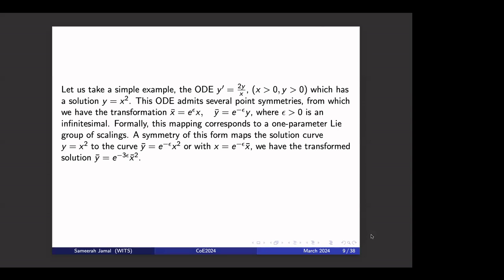So basically just applying the transformation, if you plug in for y and replace with y bar, you would obtain this expression over here. Similarly, you could complete the transformation by plugging in for x from the given transformation. And so you have the final solution, which is in terms of the new variables y bar and x bar, or the transformed variables.